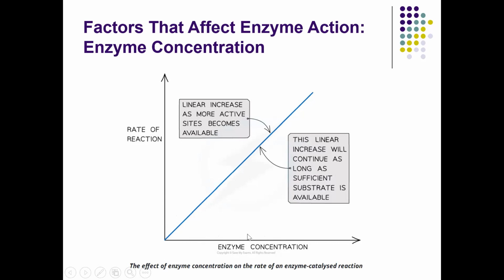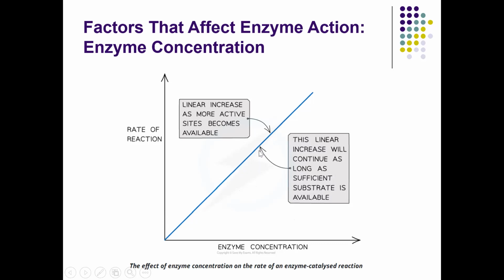This can happen because the more enzyme available in the system, the more active sites are available to bind to the substrate. As long as enough substrate is present in the reaction, the active sites of the enzyme will be filled with the substrate, so they can speed up the chemical reaction. The more enzyme available, the more active sites available to bind. That's why there will be a linear increase of the rate of the reaction, meaning that the reaction can become faster.